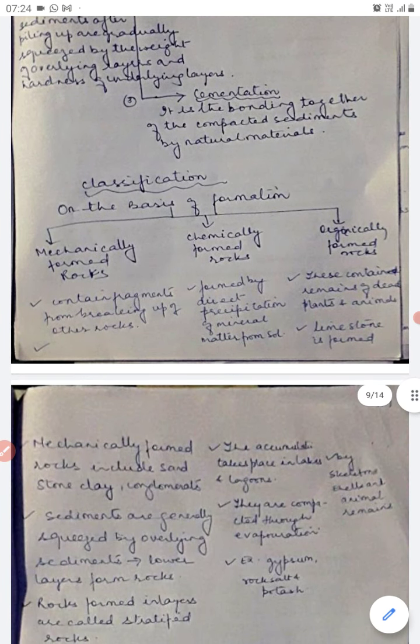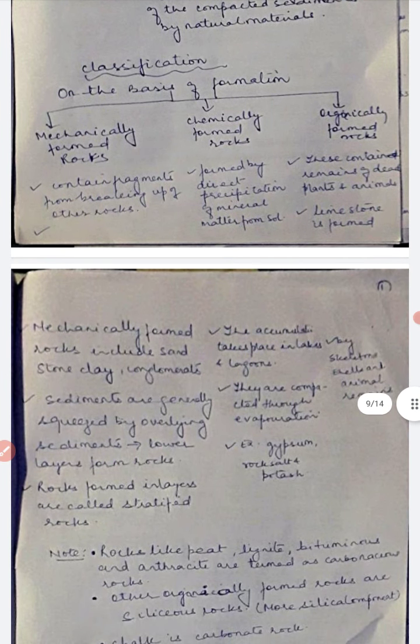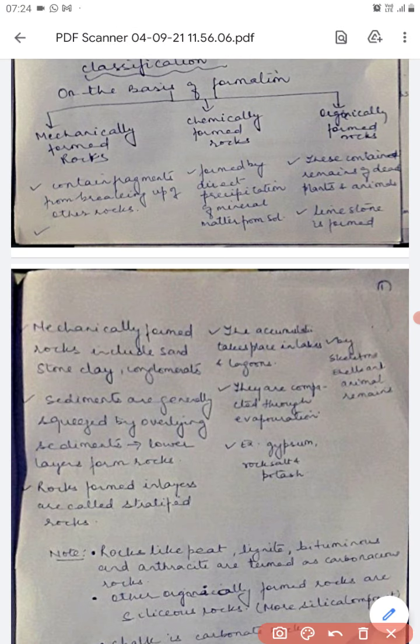Now we'll move on to the classification of the sedimentary rock. The sedimentary rocks have been classified firstly on the basis of the formation. So on the basis of the formation, there are three types of sedimentary rocks: mechanically formed rocks, chemically formed rocks, and organically formed rocks. The mechanically formed rocks consist of the fragments which come out as a result of the breaking of the other rocks. These types of rocks include stone, clay,